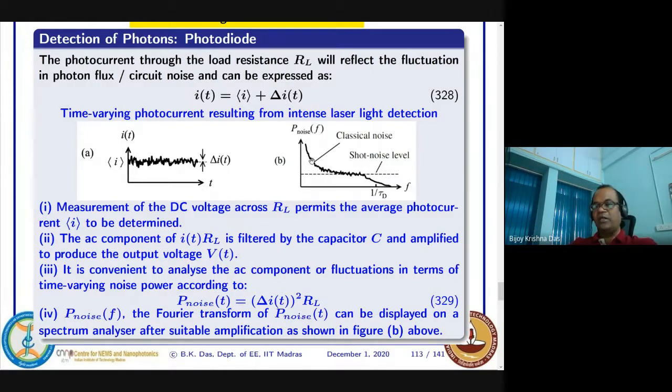And another type, I think the other day one of you was asking whether this is the 1 by f noise, right? Really it is called Johnson noise, this type of parabolic nature, because f square is there. But 1 by f noise is normally for very low frequency, typically less than 100 kilohertz. There it is more or less like a straight line as a function of frequency, dropping very fast, just 1 over f type of thing.